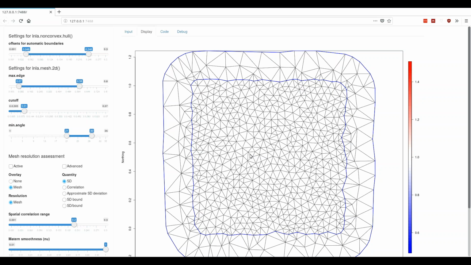So say this looks good, and it's sort of a balance of getting something that interpolates well and not getting it so fine that you're making it computationally more difficult than it needs to be. This minimum angle one is another important one. Apparently if your minimum angle is less than 21 degrees, so those real long skinny triangles, there are no convergence guarantees